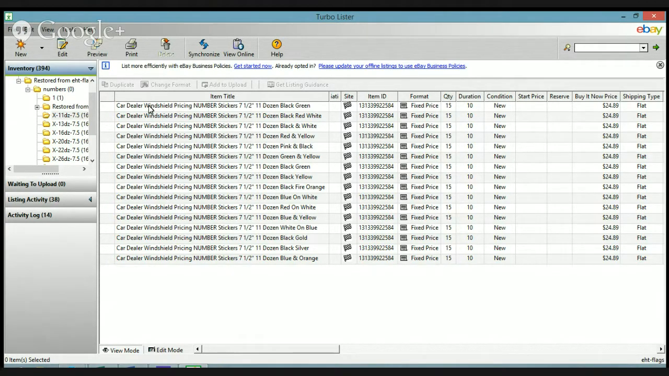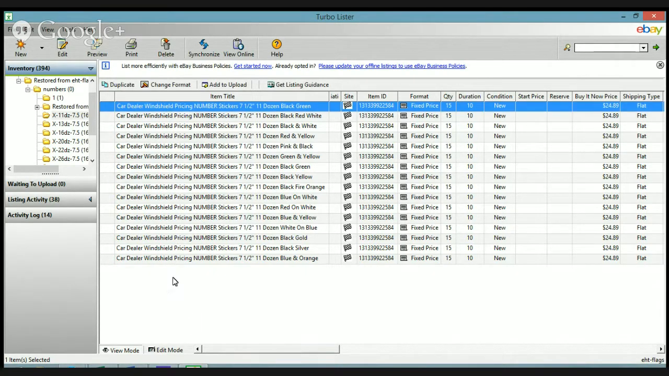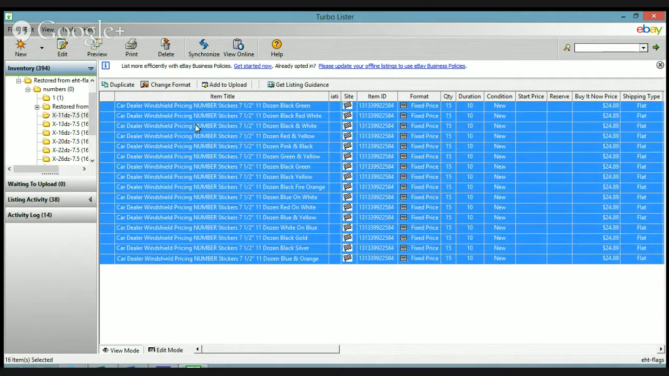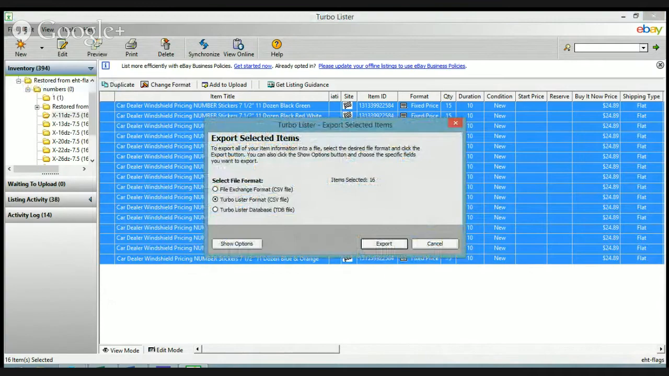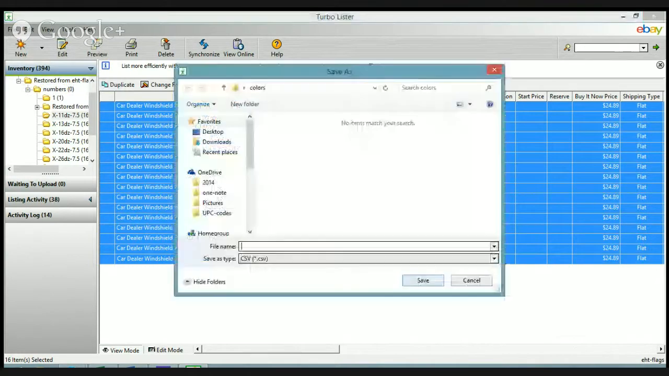Now, let's say I don't want this title anymore. I can export these 16 listings into what's called a CSV file by clicking on Export Selected Items, Turbo Lister format, CSV file. I can export them. I got to put them somewhere. So I'm going to put them in my